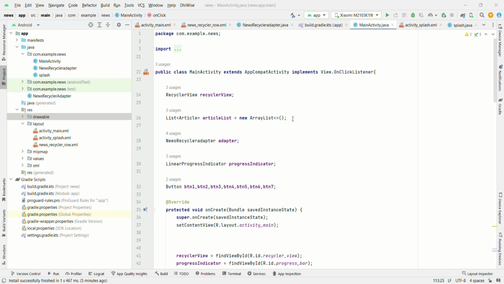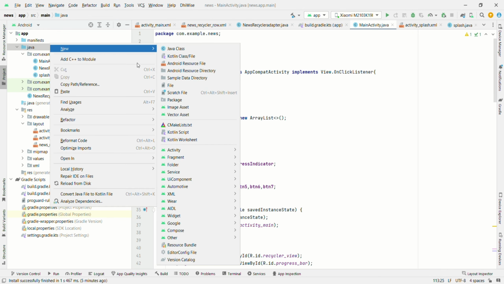In the last video, we have implemented different categories, and when we click on any of the categories, it will open the news of that particular category. In this video, we will open the full news when any of the news is clicked. So let's get started. First, go to Java, New,